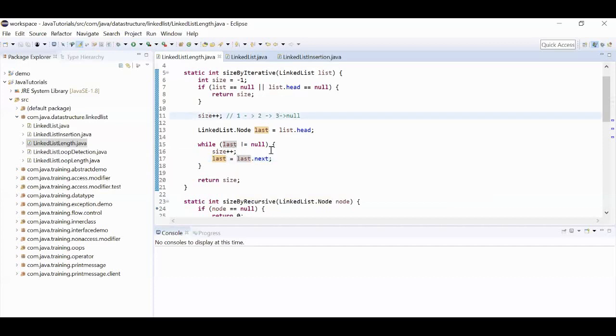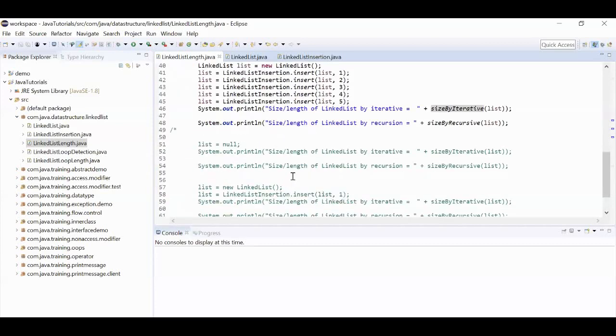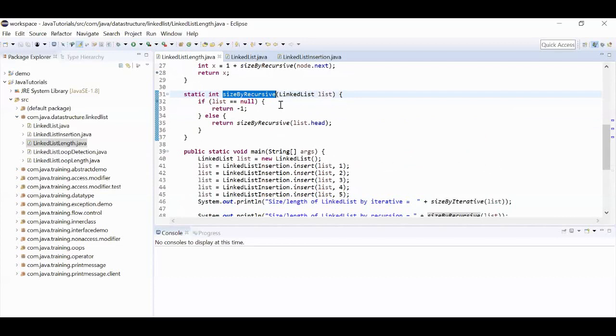Okay, then it will iterate. So this is how we can find the size of the linked list by iterative way. Now let's look into recursion. For recursive manner, I define one method